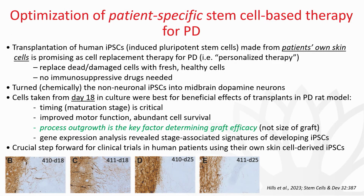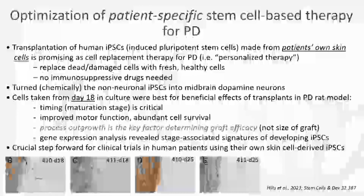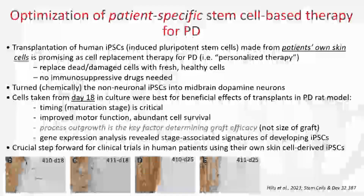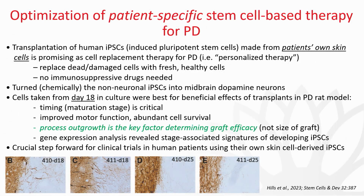They're ready to go out and differentiate and extend their processes and connect with the host brain and do good things and release dopamine. However, if you wait a week later, day 25, that stage is past. The genes then have stopped in differentiation, while the cells still survive very well, right? They don't extend processes anymore. They're like done. We don't want to stick out our arms anymore. So that's why this was a crucial step forward for potential clinical trials for human patients using their own skin